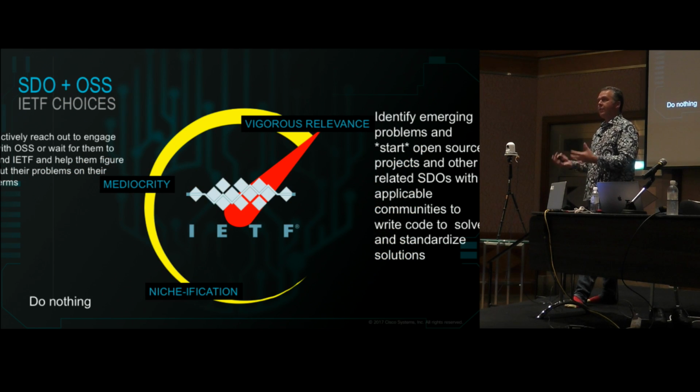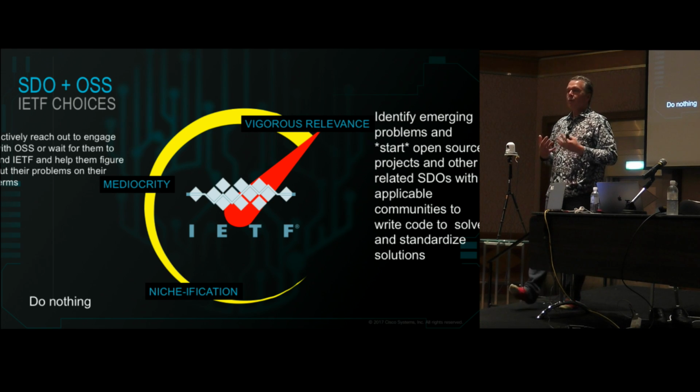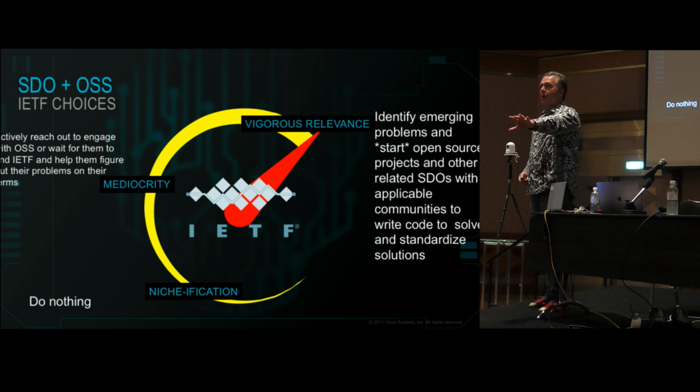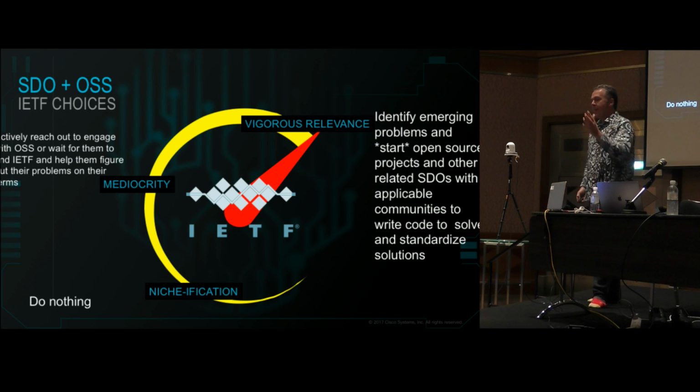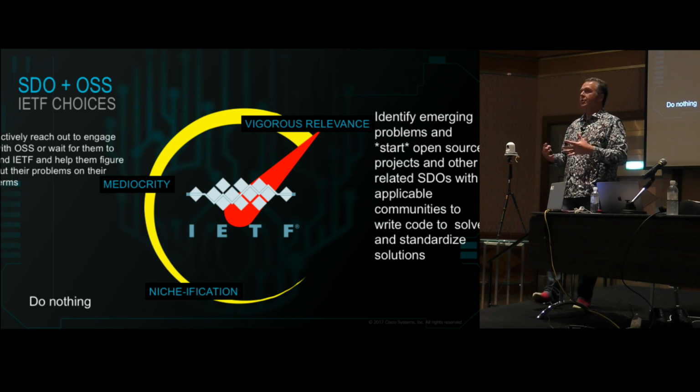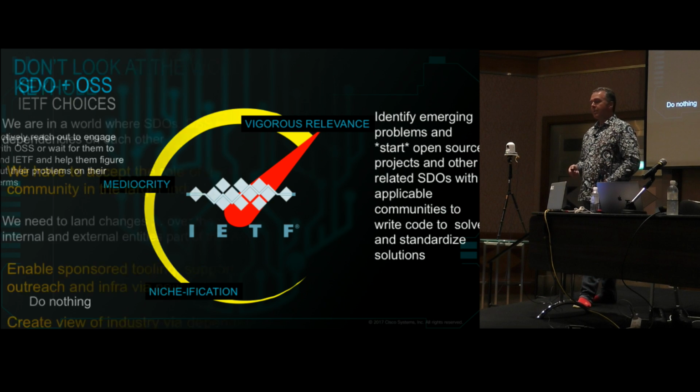So there's some choices for the IETF along these lines, from do absolutely nothing and potentially be focused on very specific technology niches, to work in the middle and have some communication going back and forth and continue the open door policy of the IETF, which is, hey, if you want to standardize something, come to us. Realize that one of the most important roles in an open source community is in fact community outreach, which is, hey, we're working on this, do you want to work on this together? I'm summarizing what the role is, but that's effectively what the description is. And then for vigorous relevance, consider changing the process. Again, live repositories like in the Yang catalog, as I mentioned earlier,